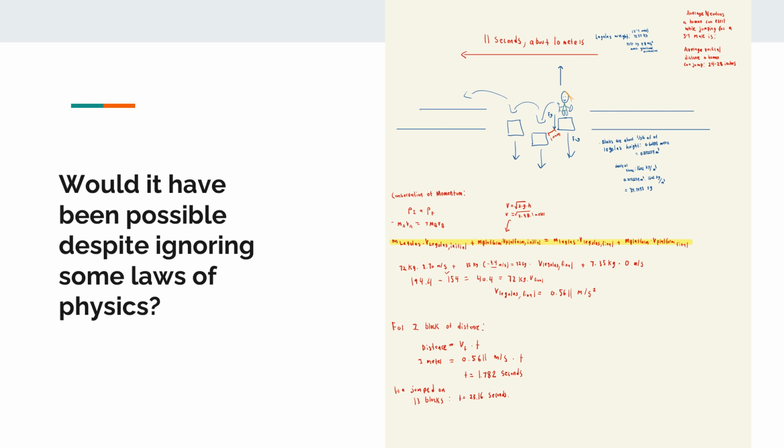So in this scenario, if we plug and chug, we can find out that the final velocity of Legolas as he reaches across the first block would be about 0.5811 meters per second squared. And in the video, I dissected it to see how many blocks he stepped on and how long it took for him to cross. It took him 11 seconds to cross 13 platforms. And in one platform that I calculated, it took him 1.72 seconds to cross.